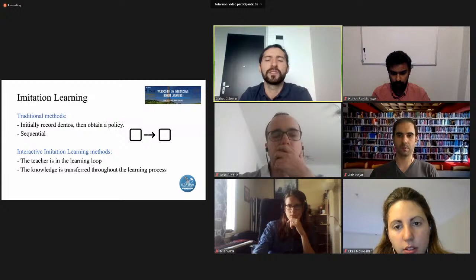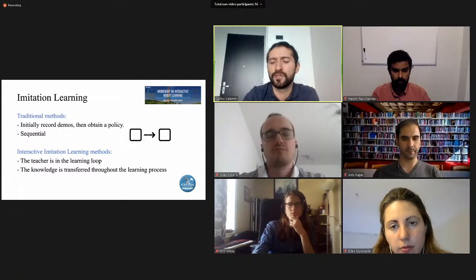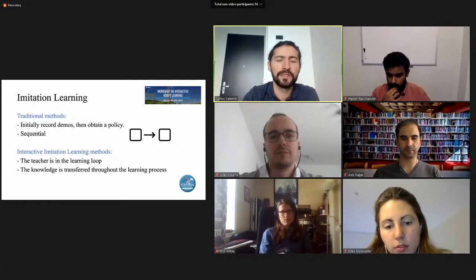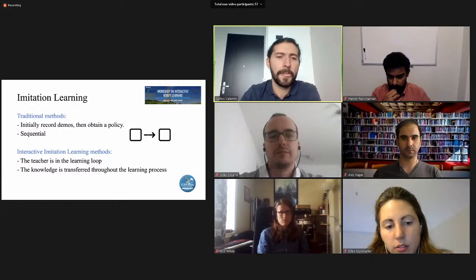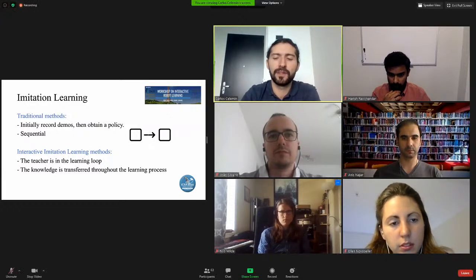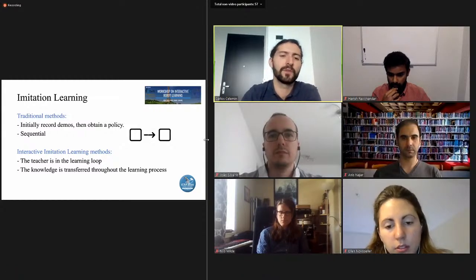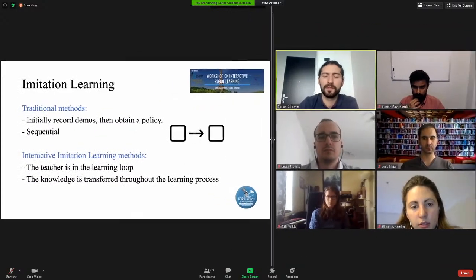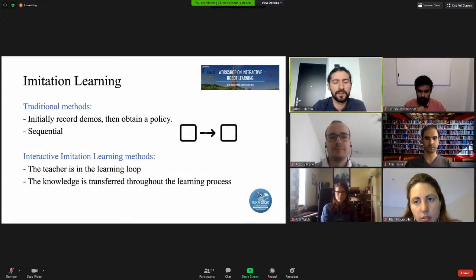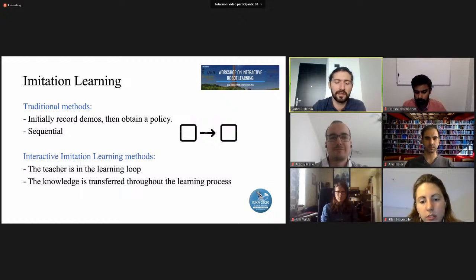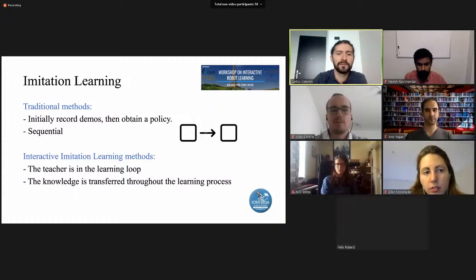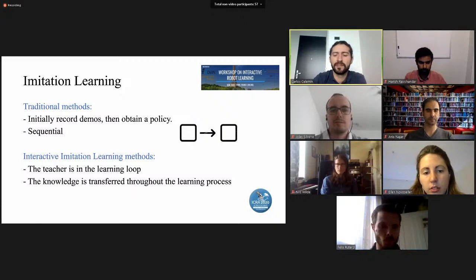There are also branches in intentional learning. There are the sequential methods, which are mostly the traditional ones, in which demonstrations or recordings of different kinds of feedback are taken, and then we apply algorithms to obtain policies afterwards, after we have a batch of demonstrations or any kind of feedback that the user gives on executions of the task. On the other hand, we have interactive intentional learning, in which the user is involved in the learning loop.